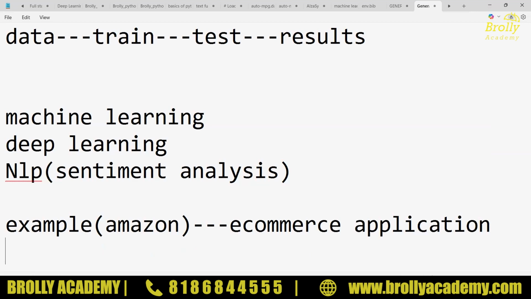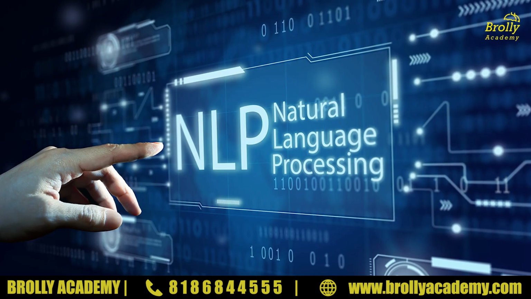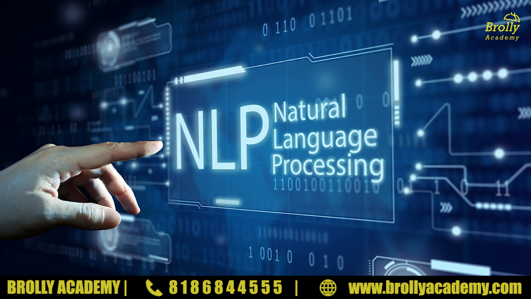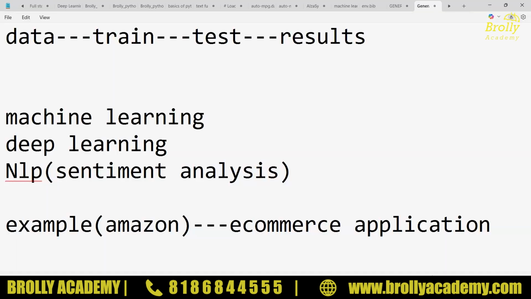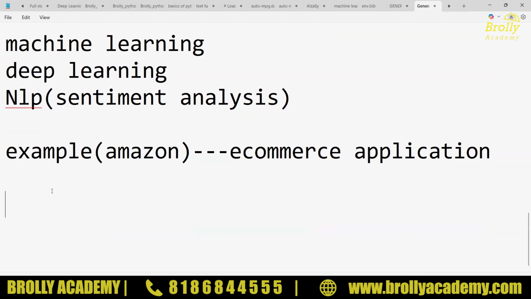So for that reason, it will take the help of transformer, that is nothing but NLP, natural language processing. The transformer is nothing but a modern NLP model. In this we will have some of the techniques or models like BERT, Roberta, GPT. By using these different models, we can analyze our data based on natural language processing.